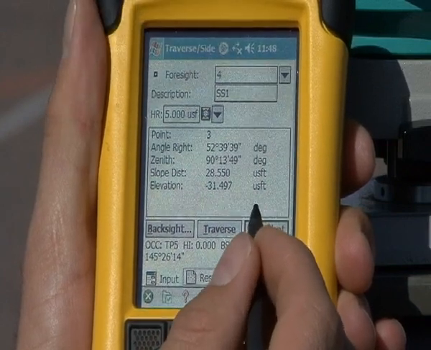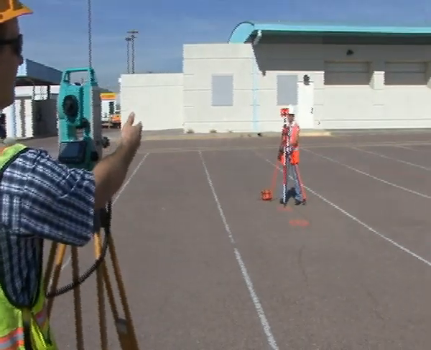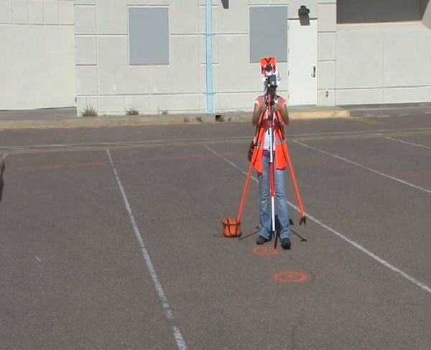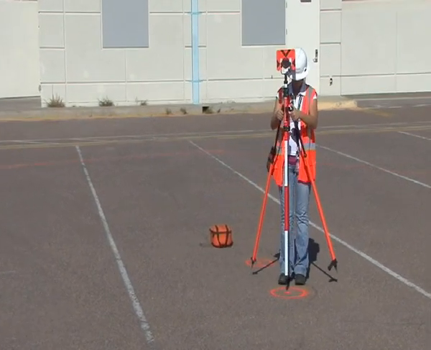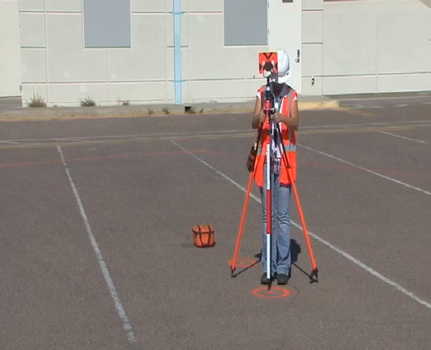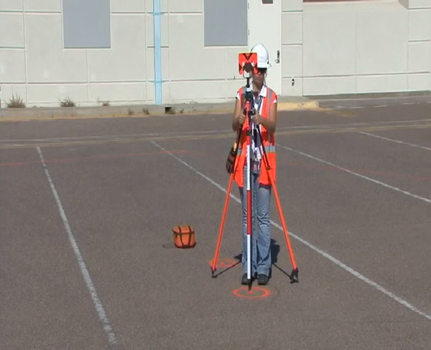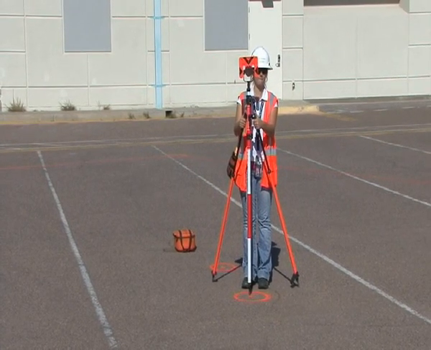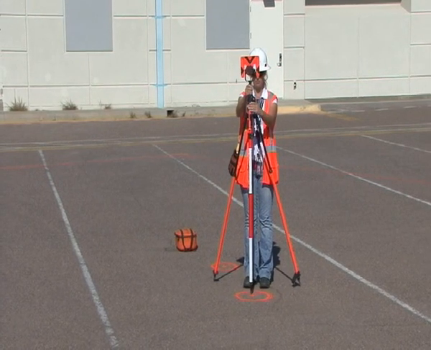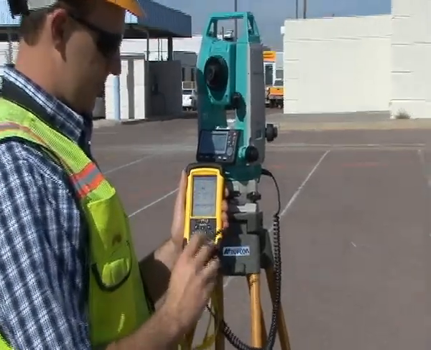Now I'm going to have Julia Bucky move to the next point. So if we can sight onto her, she's going to take down that sight. She's going to move the prism towards me and hold it sturdy. Now I'm going to sight onto her with my total station. And now if you look at the screen,